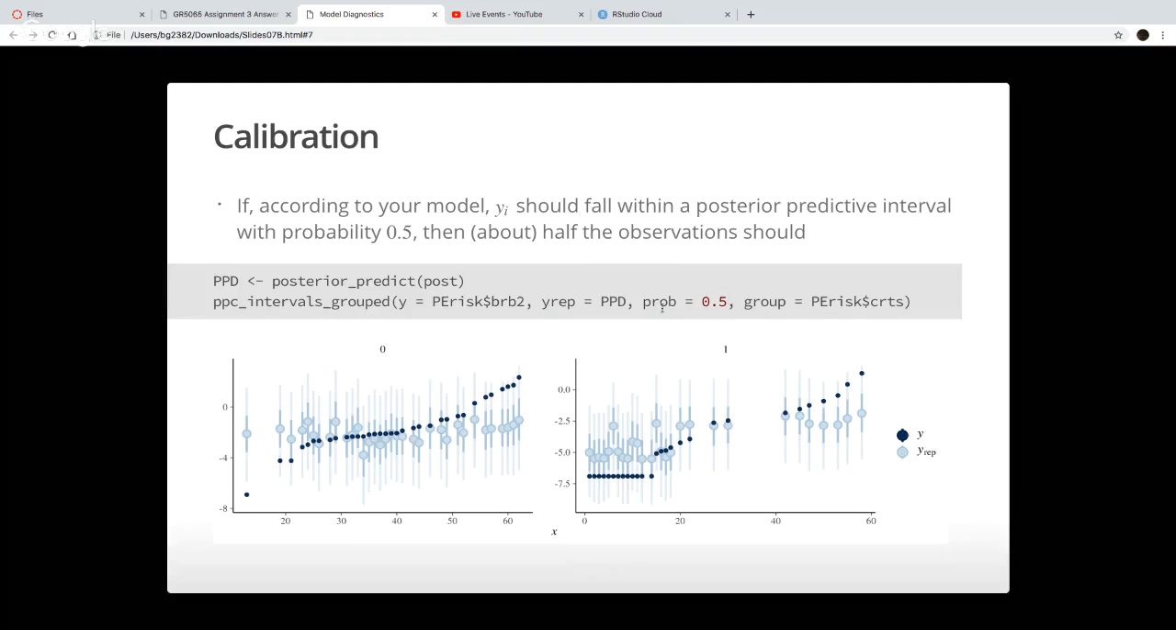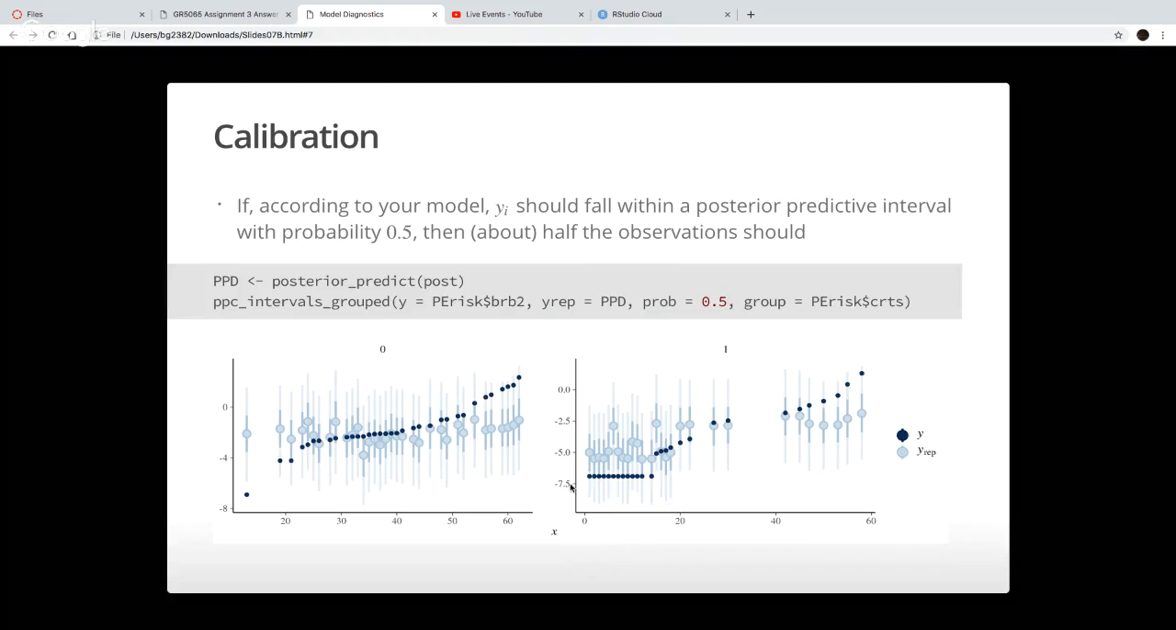The ppc_intervals_group function allows you to specify a grouping variable, such as whether the country has an independent court system, which is another thing that is associated with not having as much corruption in the exchange rate markets and stuff like that. So this is for countries that have kangaroo courts, and this is for countries that have reasonably independent courts. And you can see that